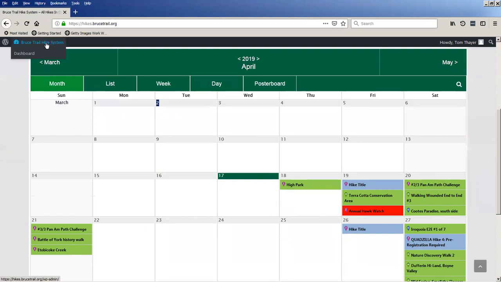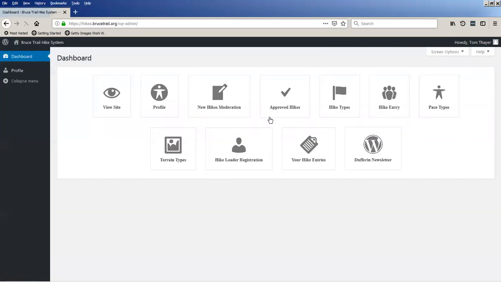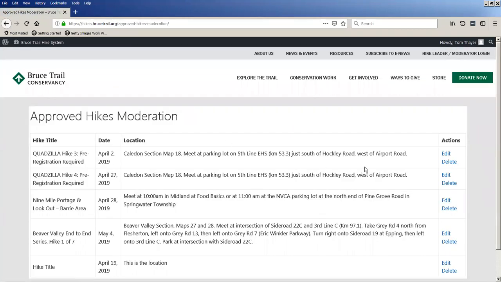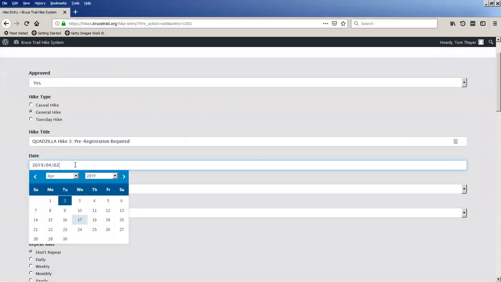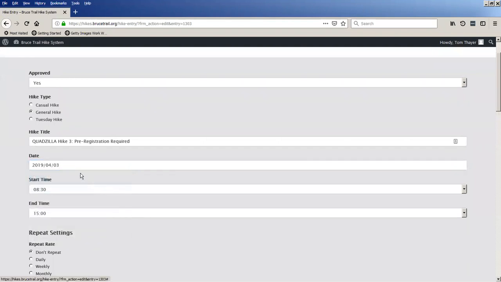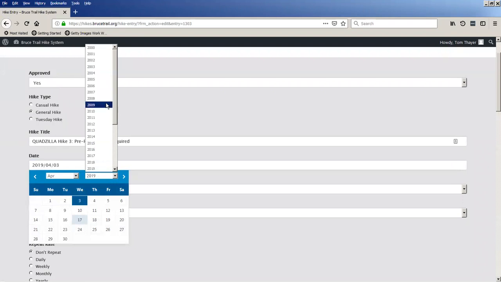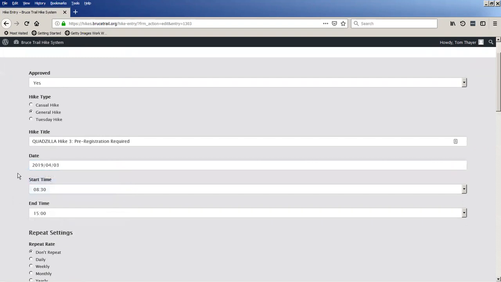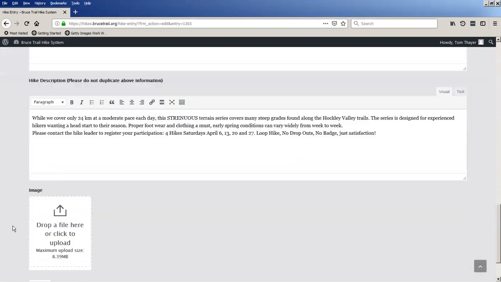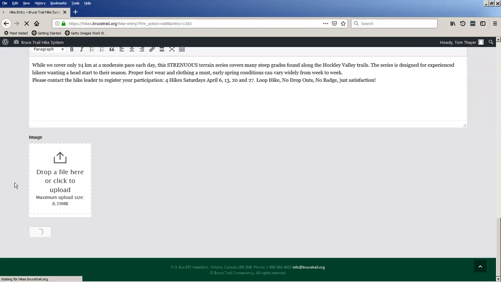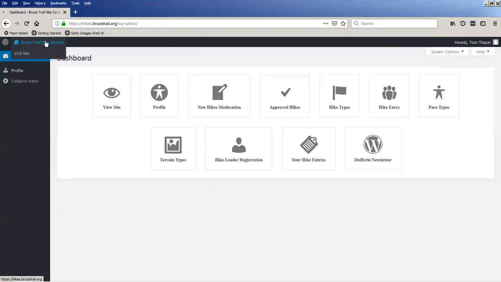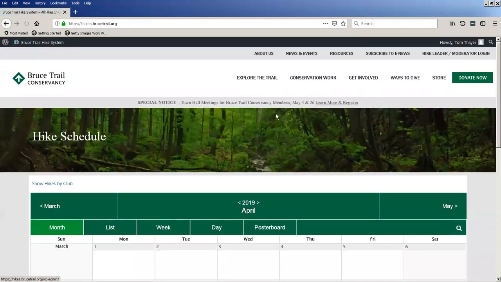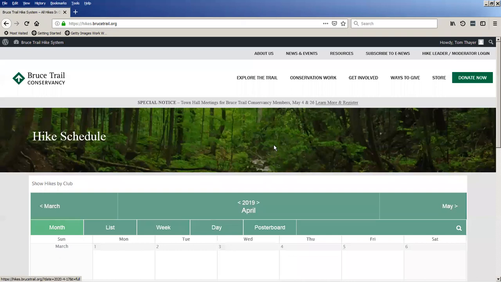So what you can do is you can say, okay, so it's next year. I want to have that hike actually appear on April 3rd next year. So I'll scroll down to 2020, right? Everything else is exactly the same. It's still approved, and just save it. So if I update it now, if I go and look at the calendar and go to next year, so 2020,